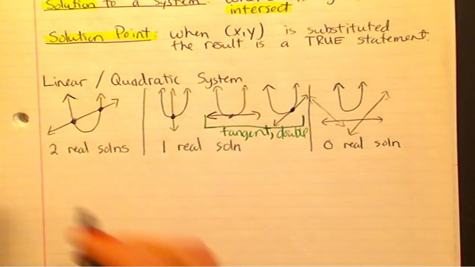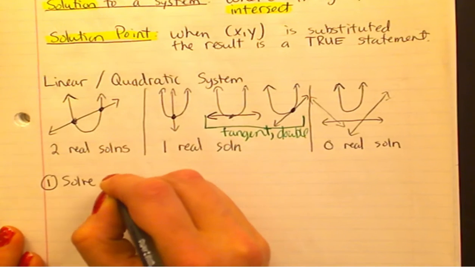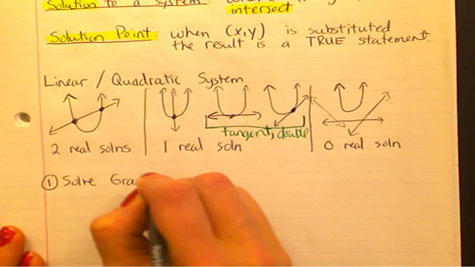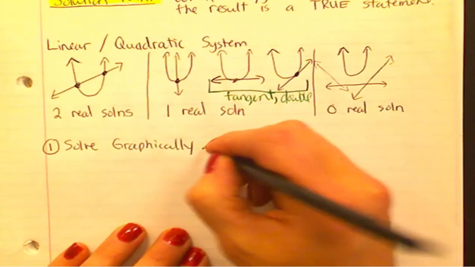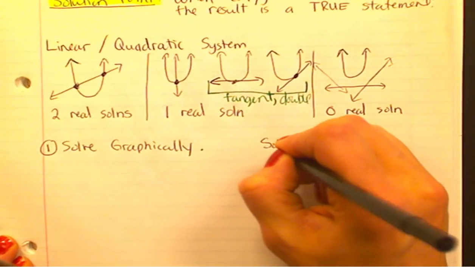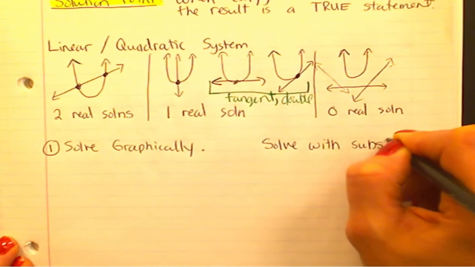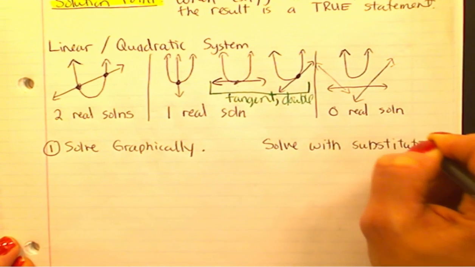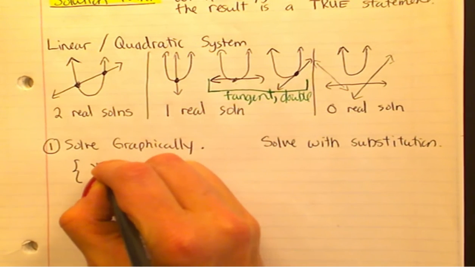So let's actually solve a system. We're going to solve graphically. And then we're going to, right next to it, do the algebra that matches. Solve with substitution. Okay, here is your system, which is going to be a collection of two equations. Y equals